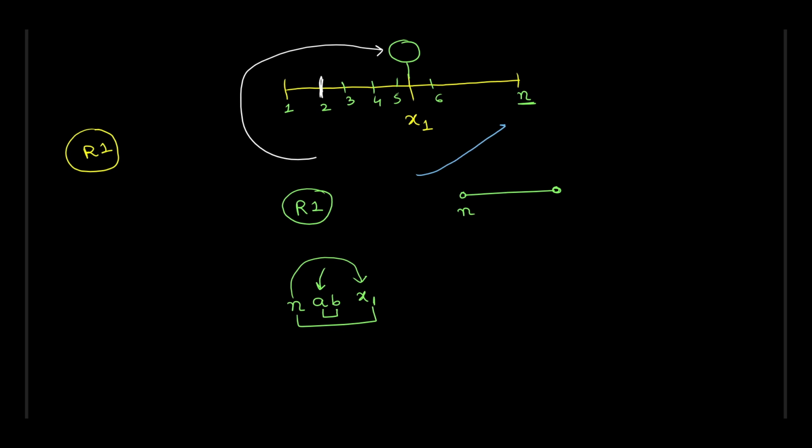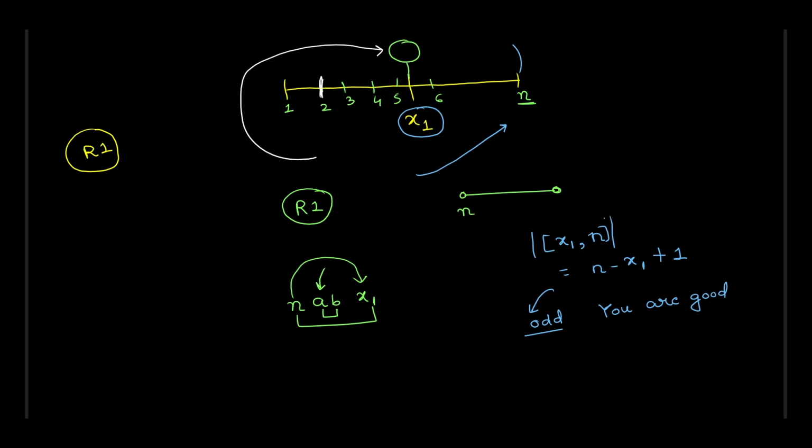So if n is available over here, then what is the distance of x1 from n? So you compute the size of this set x1 comma n. What is the size of this set? This is nothing but n minus x1 plus 1, like b minus a plus 1, because both of them are inclusive. Then if this is odd, then you are good, because you can actually bring n over here with just one swap. But if it is even,